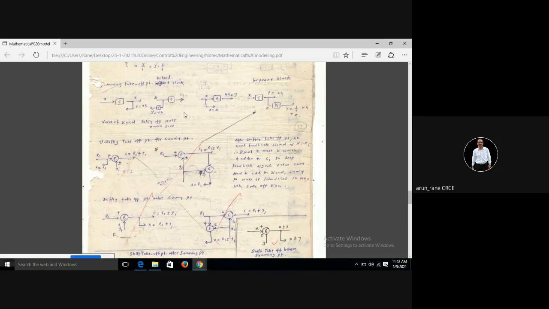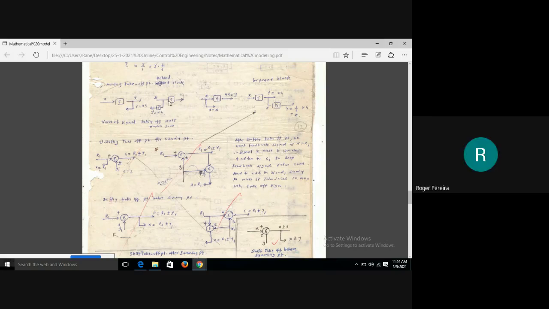So is the output going to remain the same here? So the output might change, I think. But the output should remain same, no? If you are adding a block here. So that will depend on the summing point also, no? See now the output is here. Y is equal to x. This is my output, no? Takeoff point. Yes, sir. Now here there is no more takeoff. Understand, no? Okay. There's no takeoff here. Forget about this now.